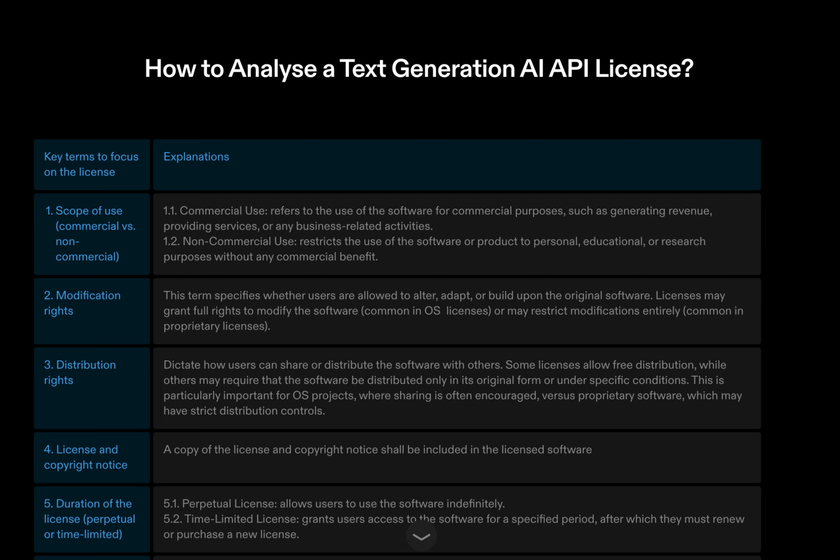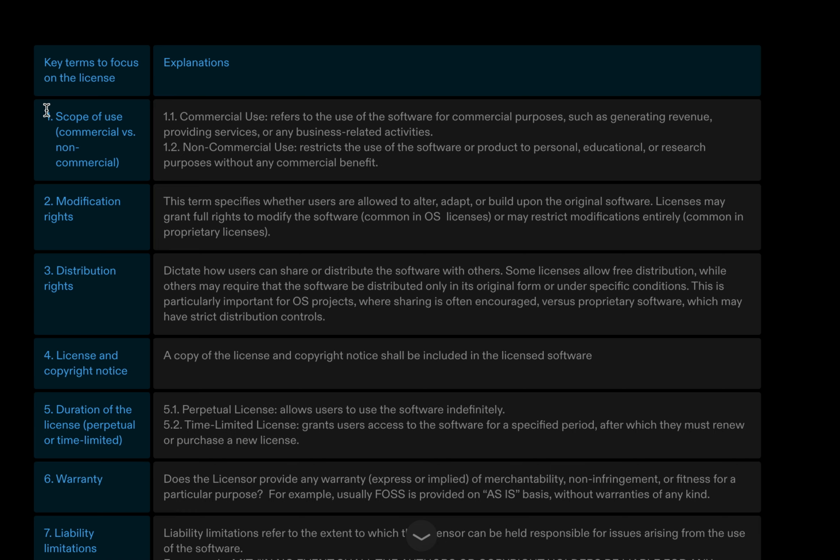How to analyze a text generation, i.e. API license? First of all, let's focus on the key terms of the license and explanations. Scope of use: commercial versus non-commercial. Commercial use refers to the use of the software for commercial purposes such as generating revenue, providing services, or any business-related activities, while non-commercial use restricts the use of the software product to personal, educational, or research purposes without any